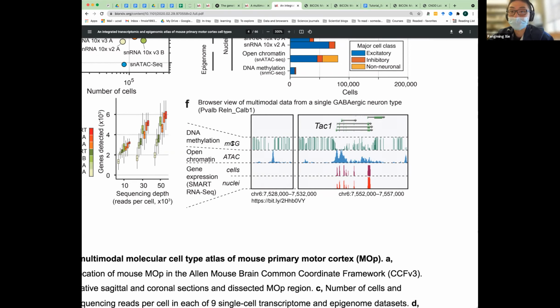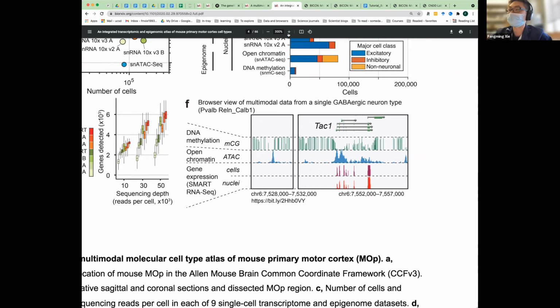It's the methylation at CG dinucleotide context, an open chromatin or ATAC-seq like this, and also 2 types of RNA-seq profiles, including the ones from single cells and single nuclei.